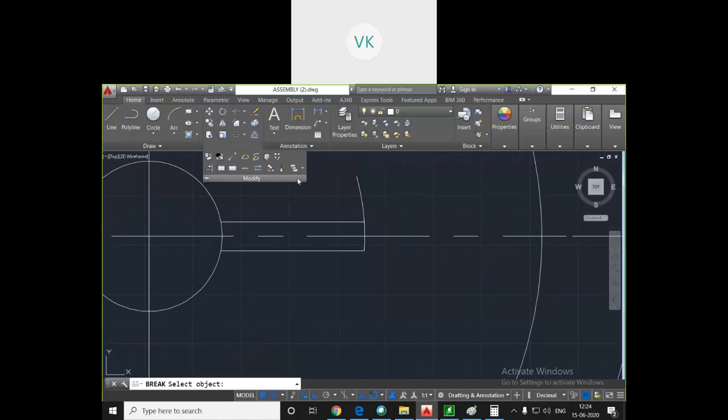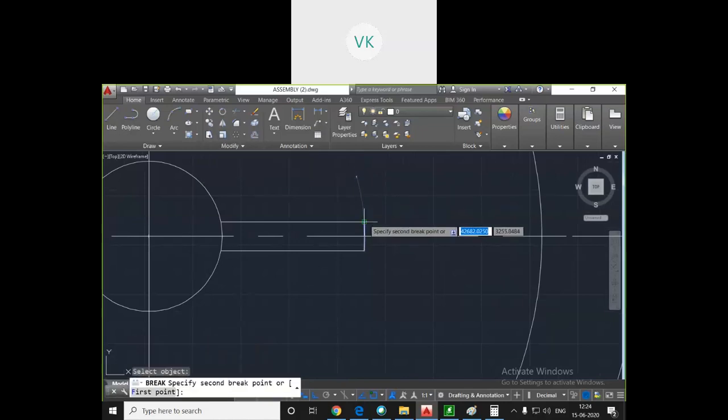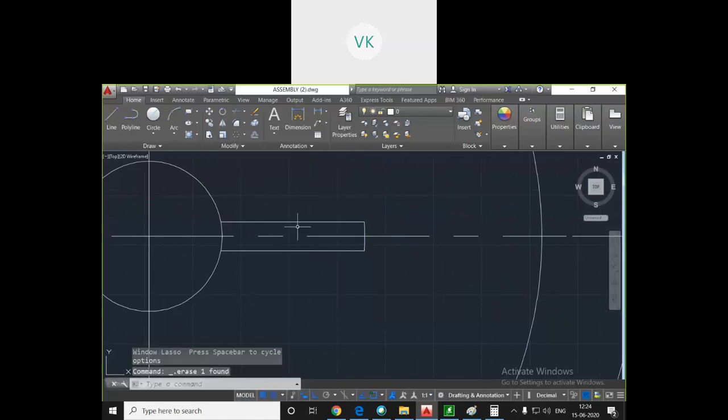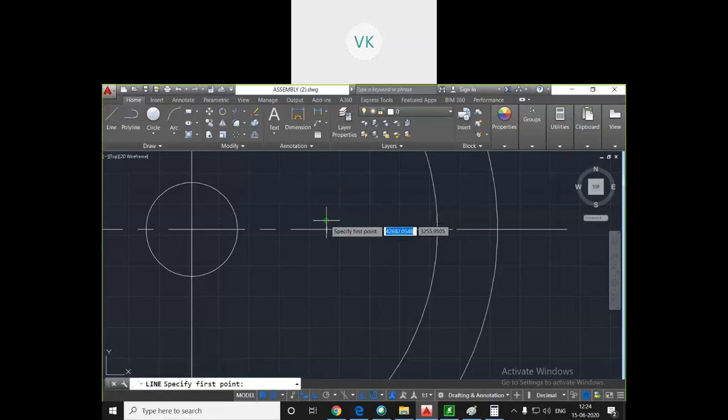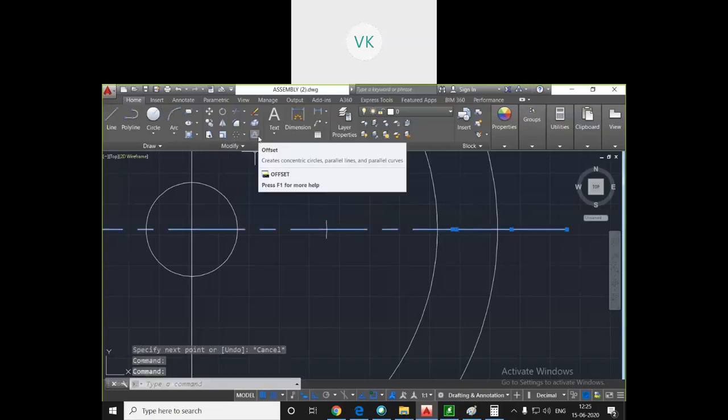Once again I will go for break, and I will remove this part. So this is what I required. So how many times it will come, let me check. And to draw a line here. So before that I will do one more offset. Once again I will take this line offset. So one more is,